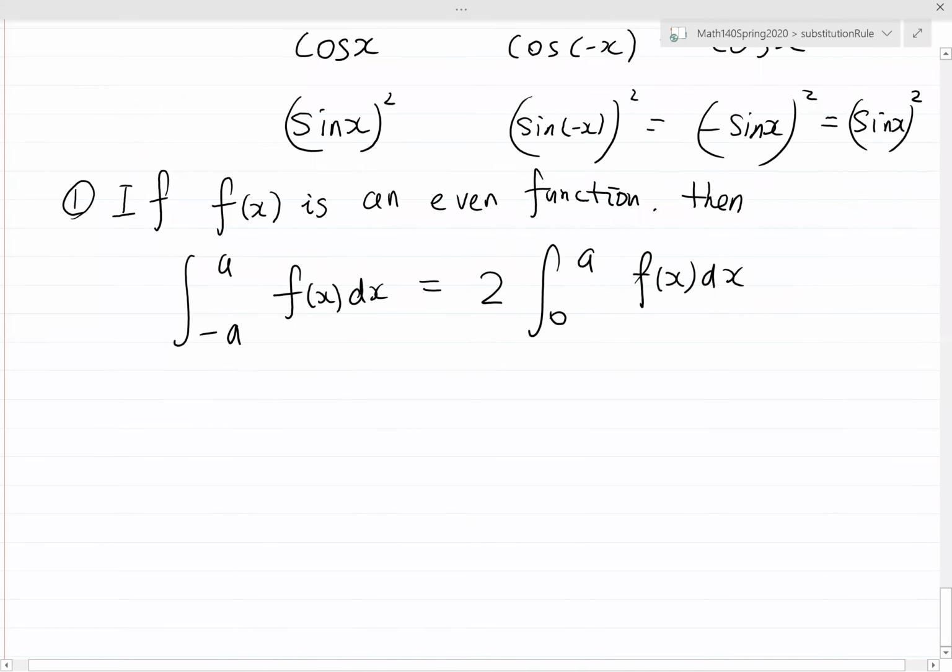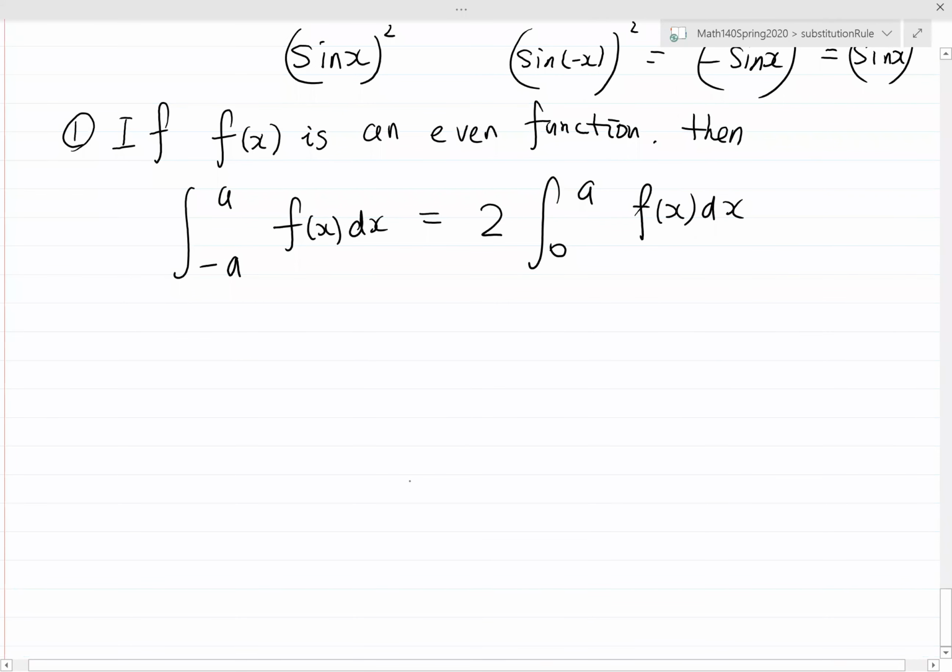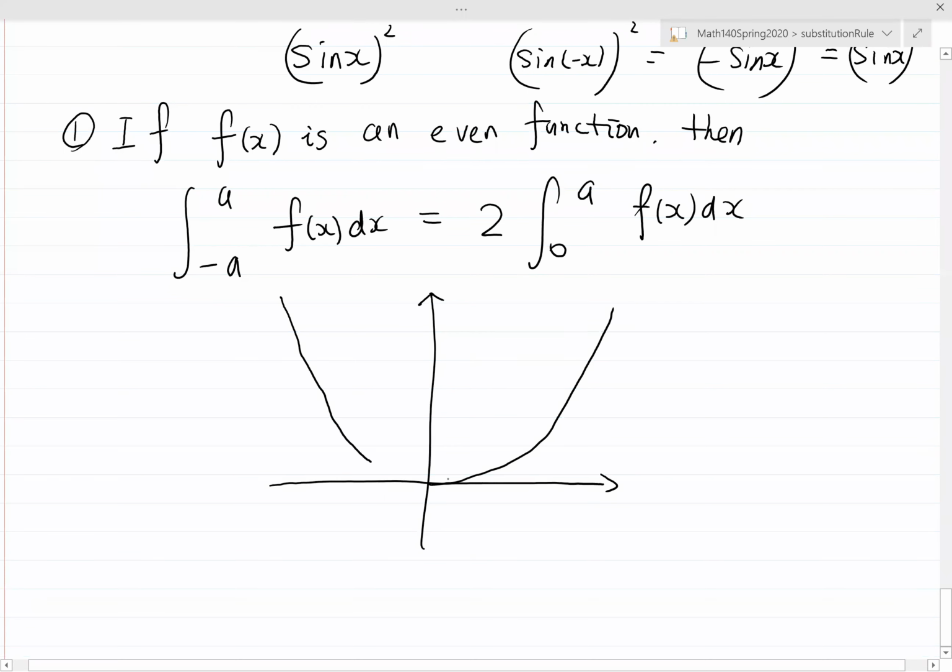Okay, the idea is an even function is symmetric with respect to the y-axis. For instance, y equals x squared. So it's a parabola. Now from negative a to positive a, this is 0, this is x, this is y. The idea is from negative a to a,